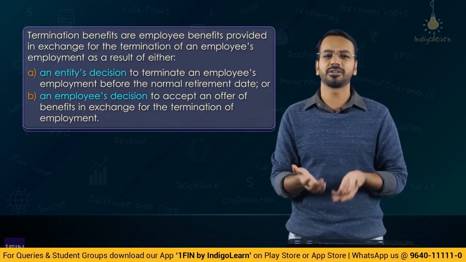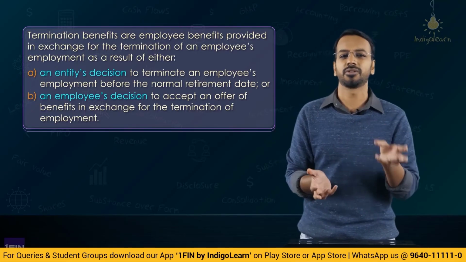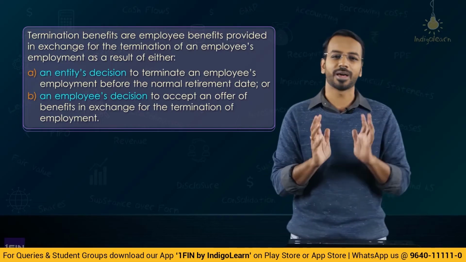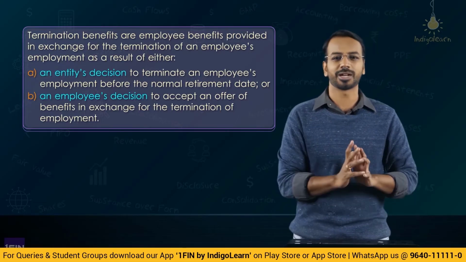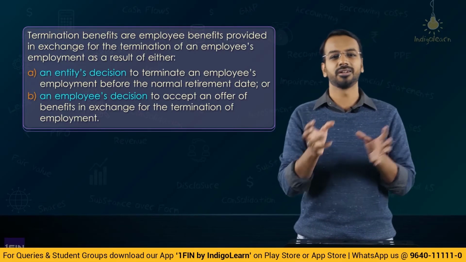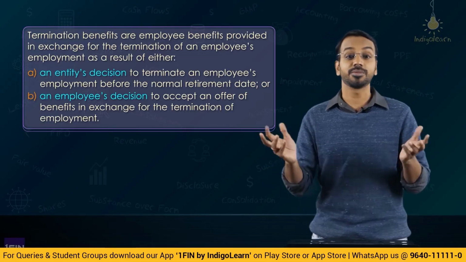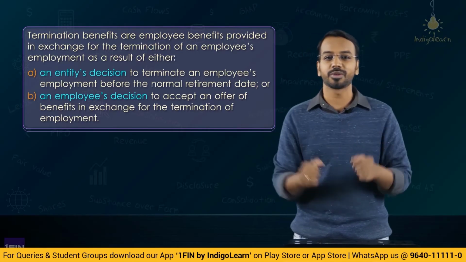Now, someone who may be at, let us say, 50 years of age and who has 10 years to retire, he'll do some calculation. I've already earned so much. I have so much of bank balance, PF balance in my account. I'll anyways get pension from the company. So, if I work for 10 years, I'll earn so much. If I leave now, I'll get a lump sum payment, and with that lump sum payment, maybe I can enjoy life, I can spend time with my family.